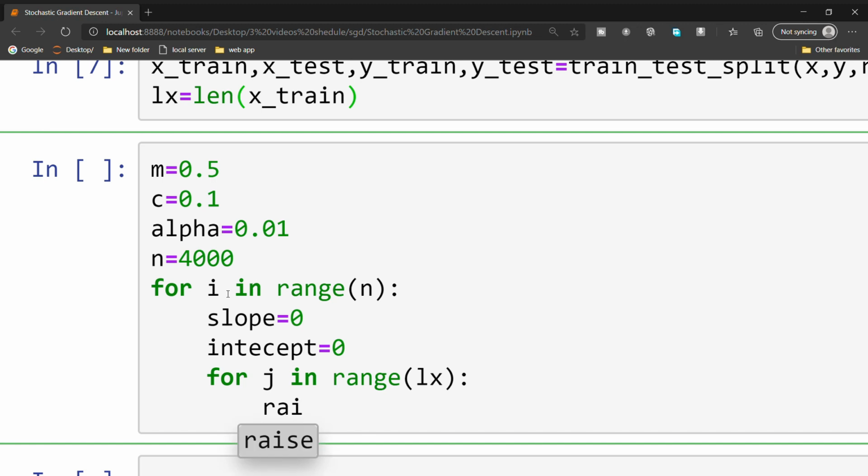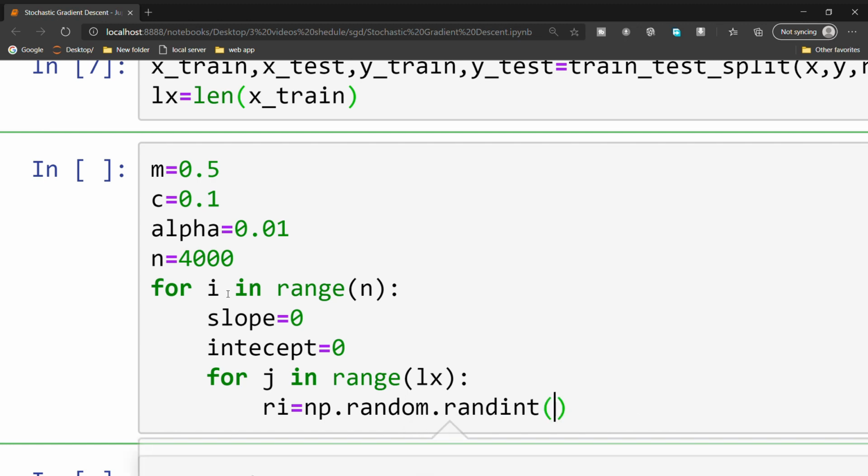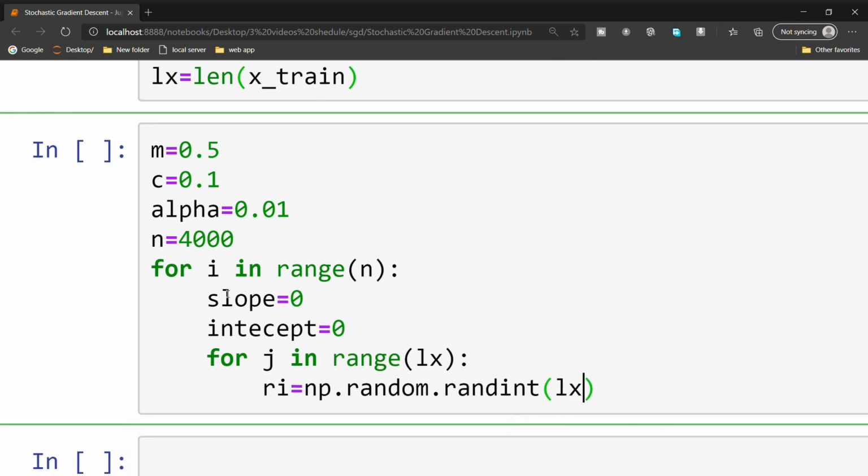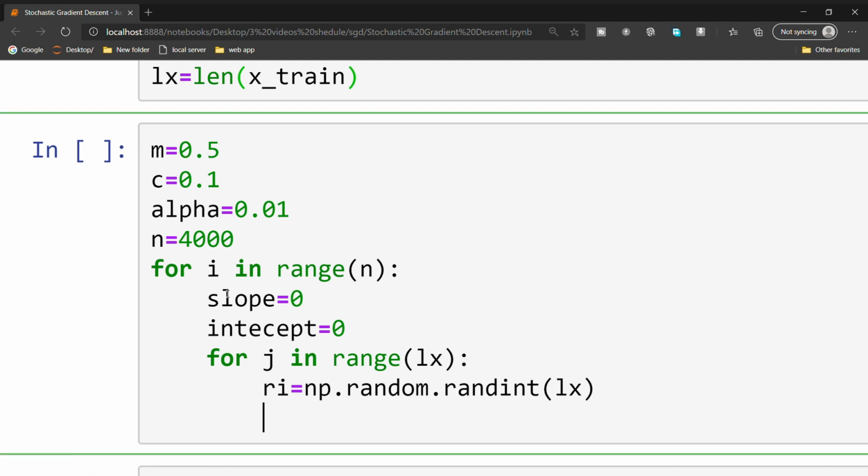I'm keeping random index equal to np.random.randint of lx. So it will return from 0 to lx minus 1.